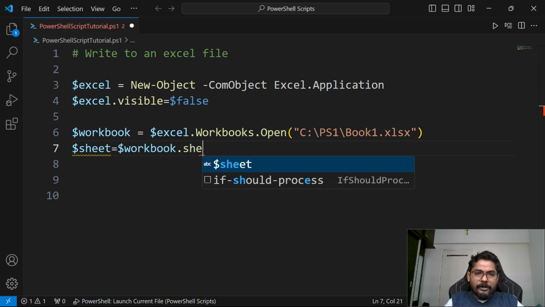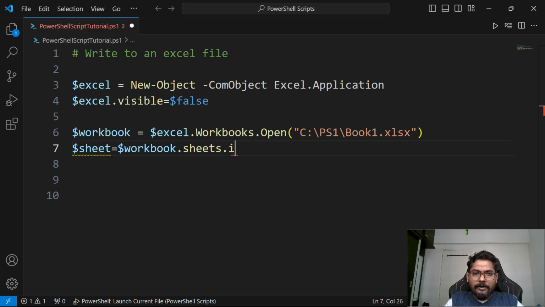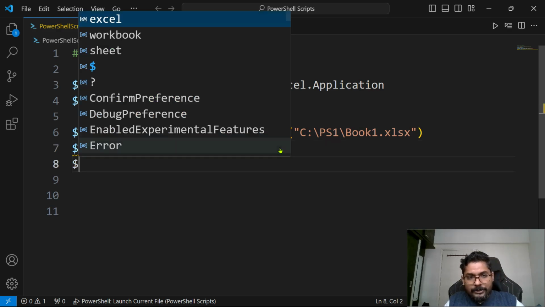So workbook.sheets.item, and I'm going to say 1. So what does it mean? In your workbook there could be multiple sheets, and in that you pick the first one. That is the meaning. Now once the sheet variable is created, all you have to do is simply use the